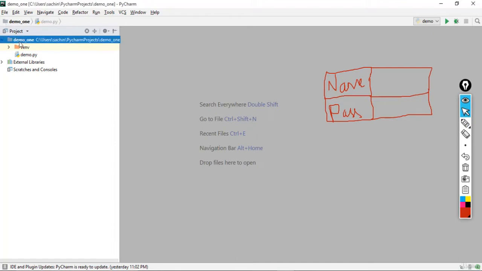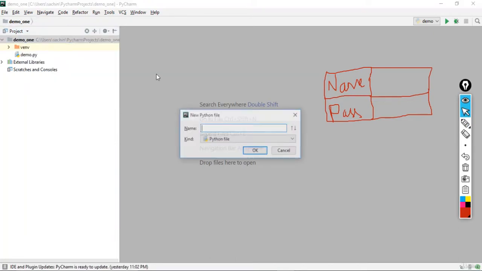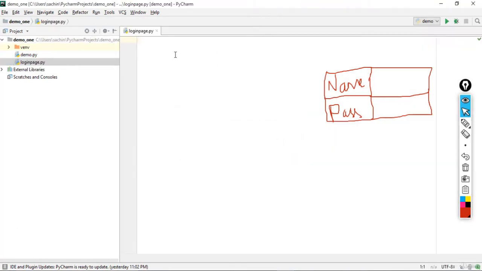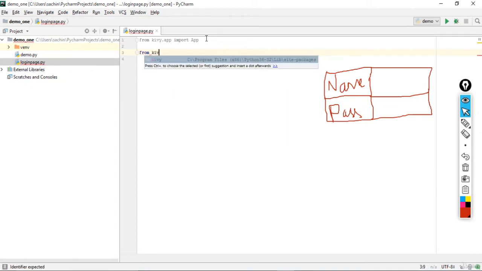First of all, let's create a new Python file, and I'll call it login page .py, and you are good to go. First, obviously, we have to import the Kivy module. So I'll say kivy.app, and it is really basic because we have to import this app class every time we make a new application. Next would be to import the UIX, that is kivy.uix